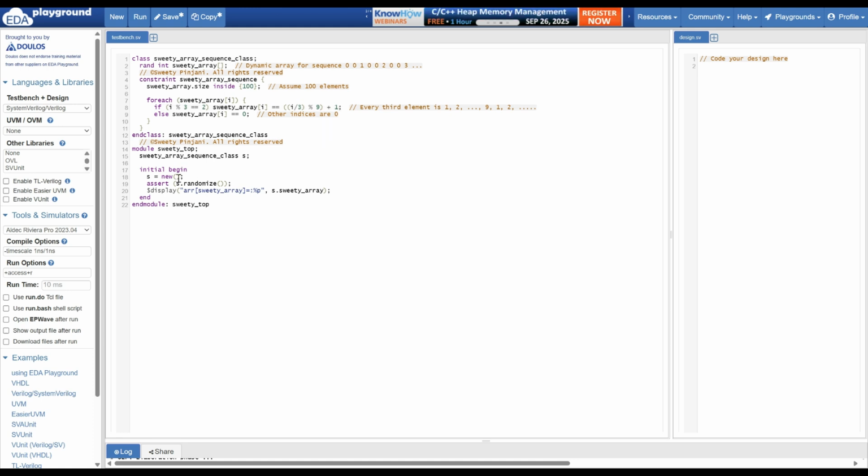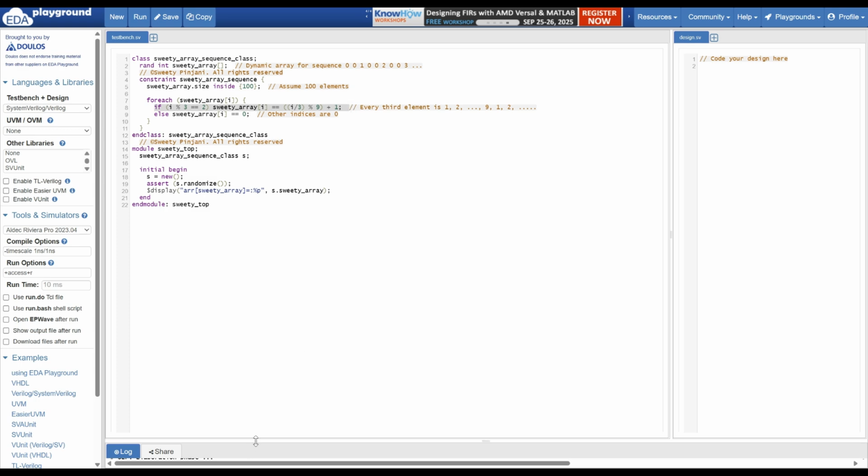And then I am just creating a class object. If you see, this is the class object, and then the important thing is I need to randomize. Why am I using assert? Because assert will fail if the randomization is not successful. If due to any reason you are not able to do this randomization, you will get a failure, so that at least you know the randomization has not happened. And then I am displaying the array element values. This is my code. I hope you have understood the most important equation in your code.